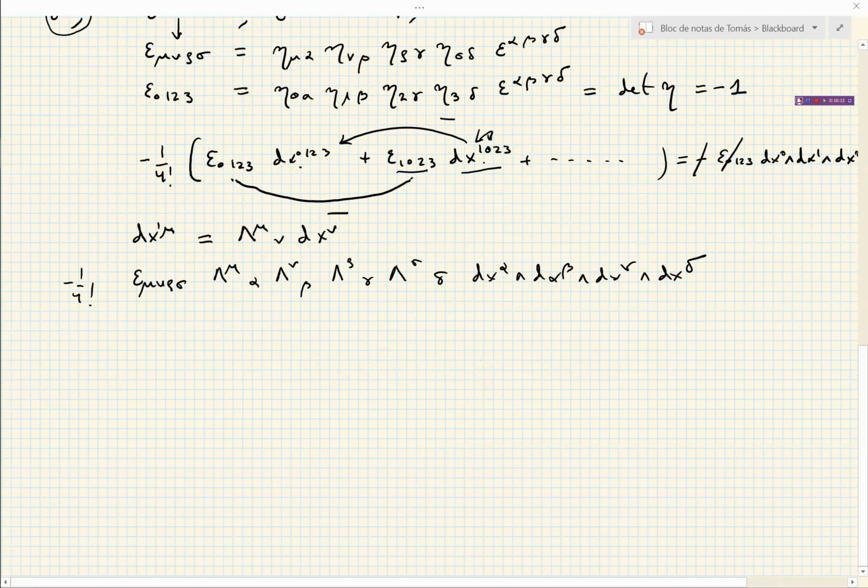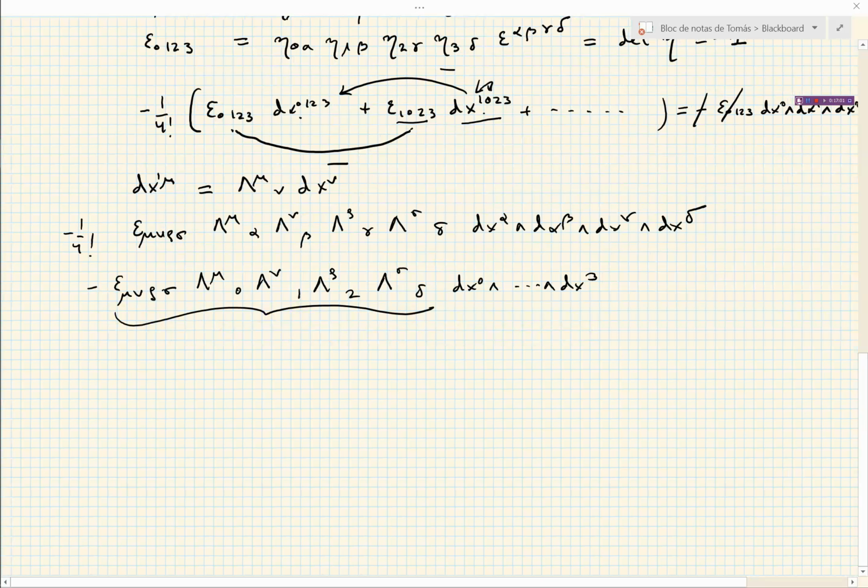Okay, so how much is this? Remember what we said about the determinant. Here we are summing over all the possible α, β, γ, δ, because this is antisymmetric, no two indices can be repeated, etc. So there are 4 factorial terms of the form dx^0, dx^1, dx^2, dx^3 and this epsilon. So this gives minus ε_{μνρσ} Λ^μ_0 Λ^ν_1 Λ^ρ_2 Λ^σ_3 dx^0 ... dx^3. And as I just said, this is nothing but minus the determinant of Λ,